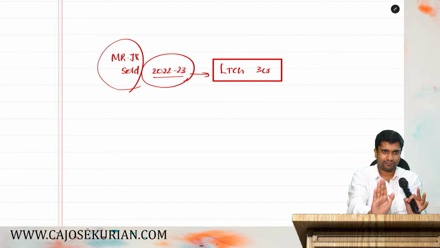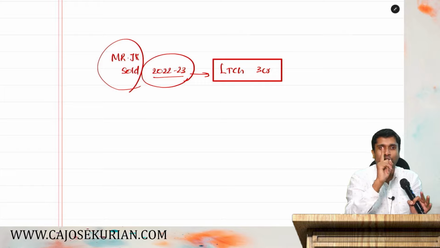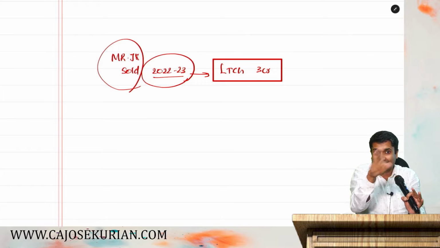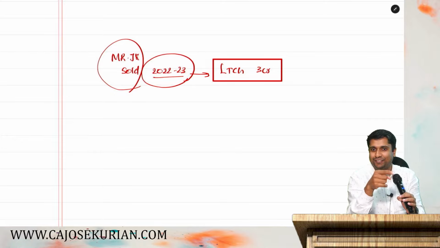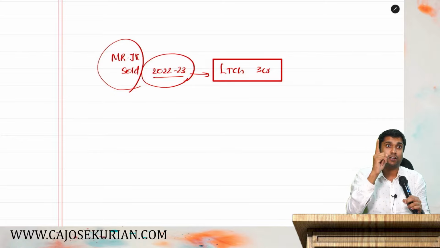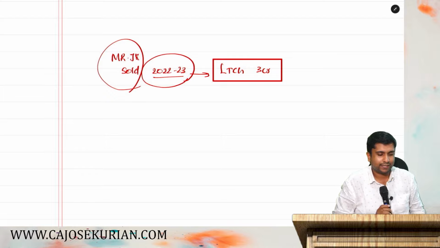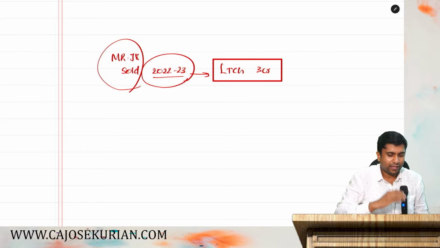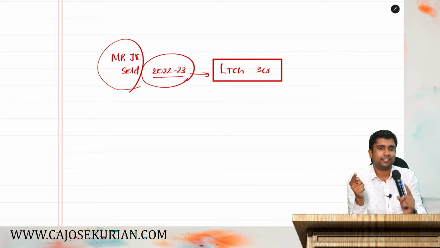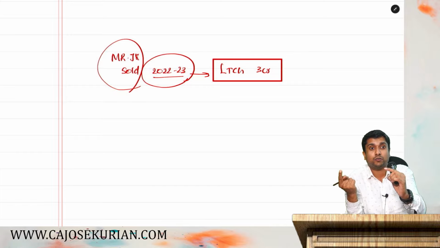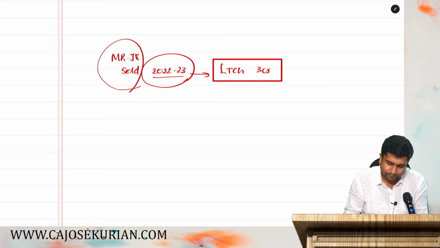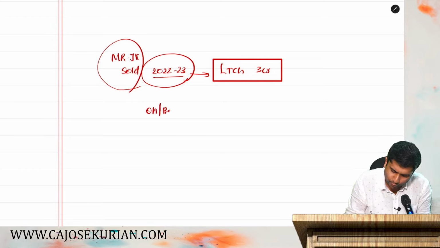You do one thing. We know that you are a fraud guy. If you do things like this, then the department will be very sure that you are a fraud guy. That's what we normally call, right? So what will the department say? Okay, do one thing. If you are not planning to buy a residential house property within 2 years, or if you are not planning to construct a residential house property within 3 years, do one thing. On or before the due date of filing return,